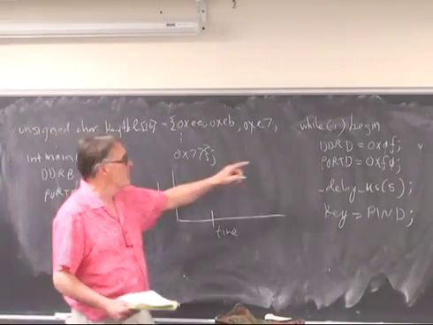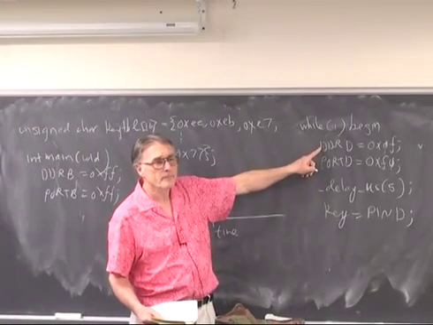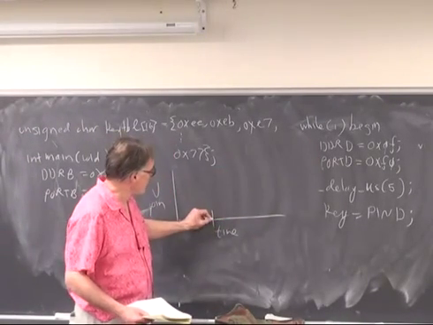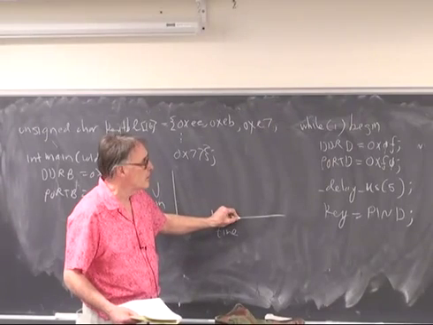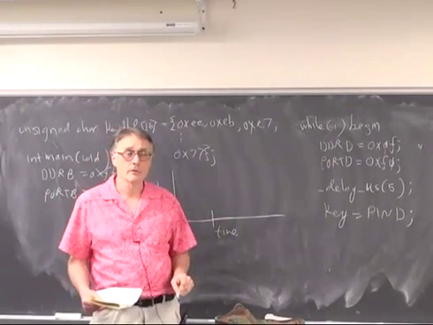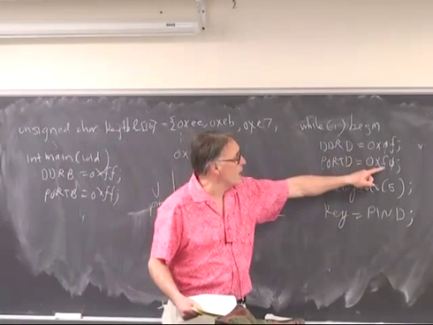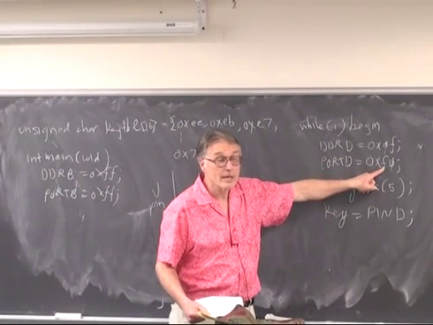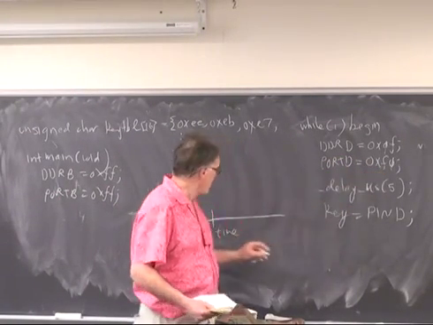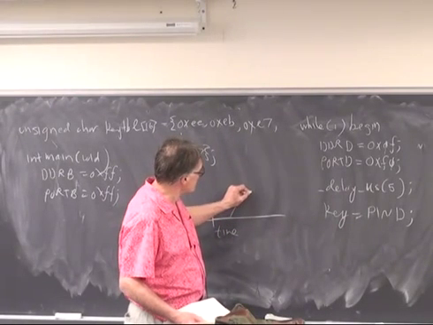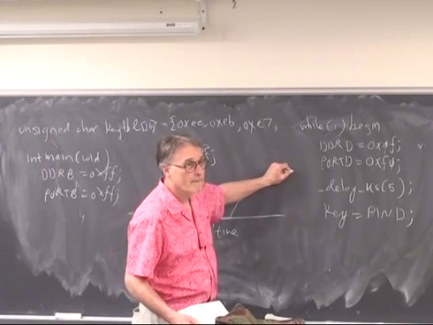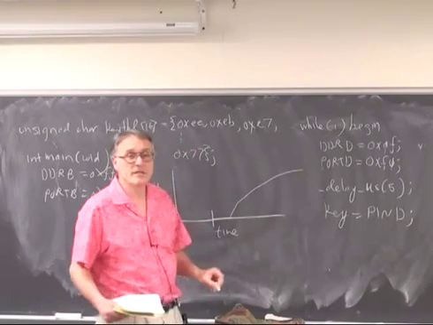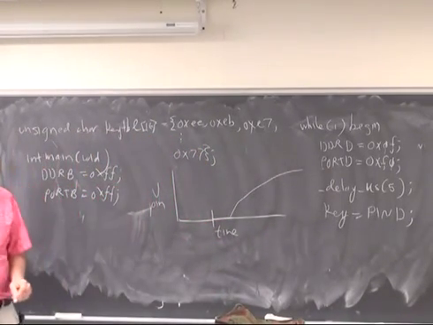We switch the direction of the port. The output stays low because it's now an input until we turn on the pull-up resistor one cycle later, at which time it starts to charge